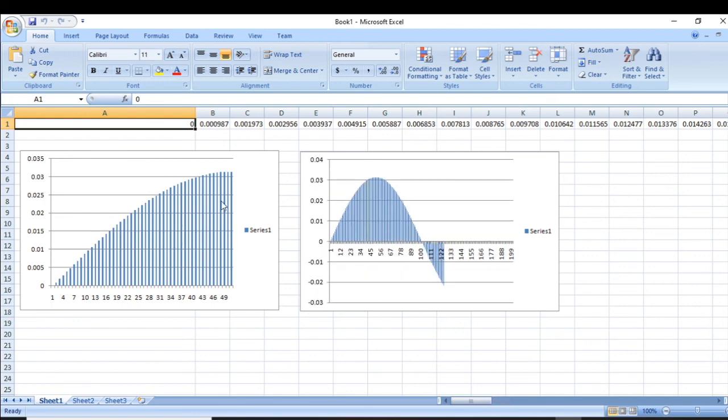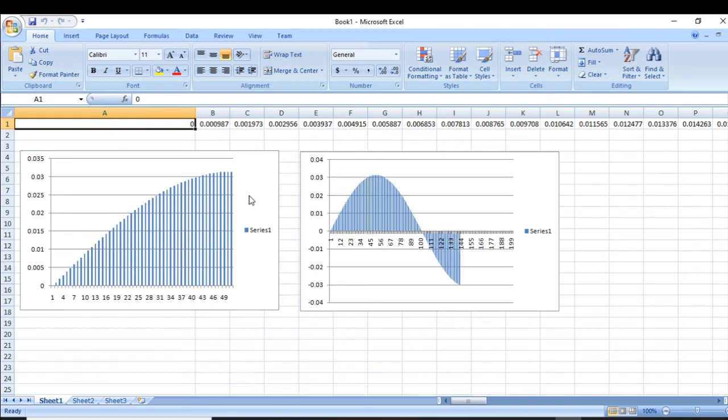You can see here that it is only plotting this quarter. This is because I have increased the sample length. This graph is for a total of 200 samples, and this is for only 50, so that's why it is able to plot only the quarter.